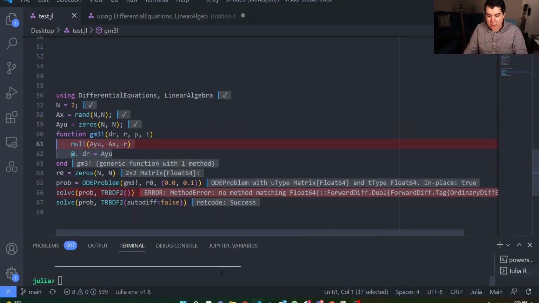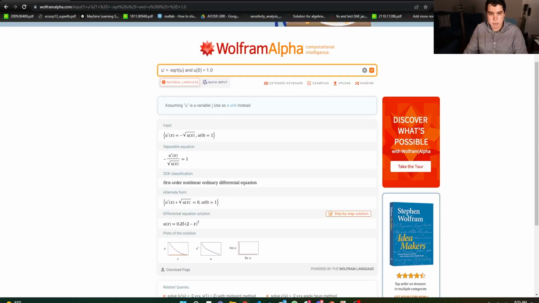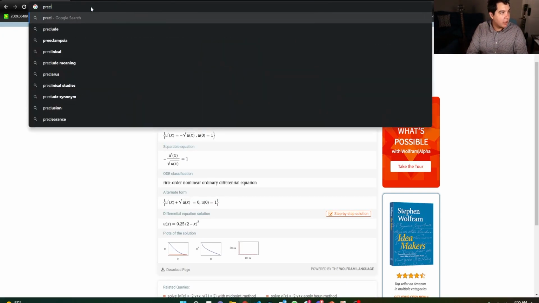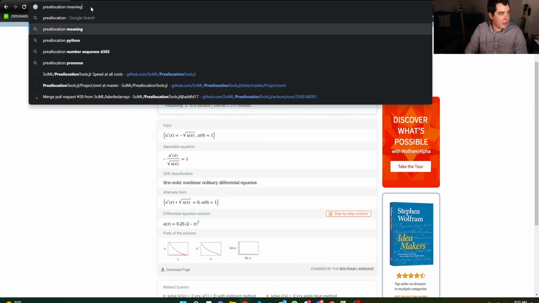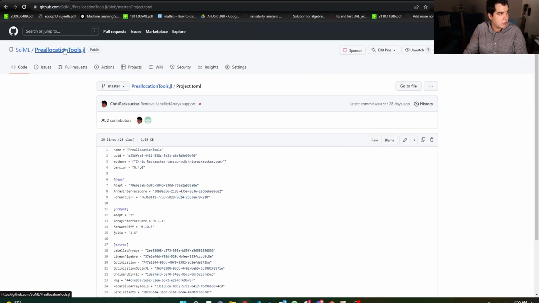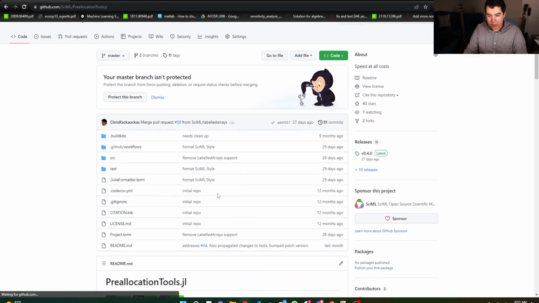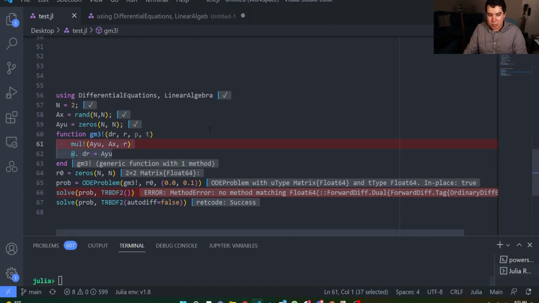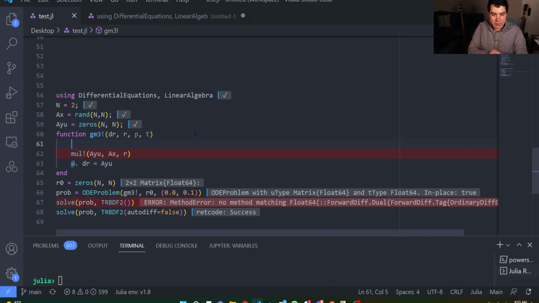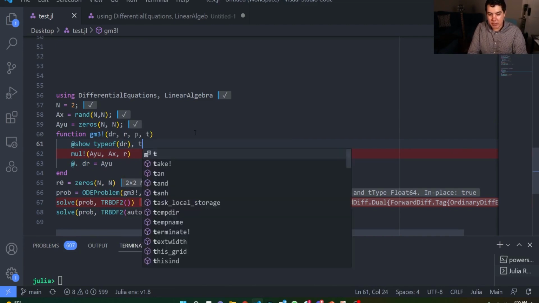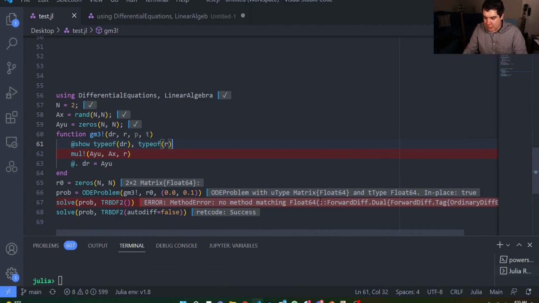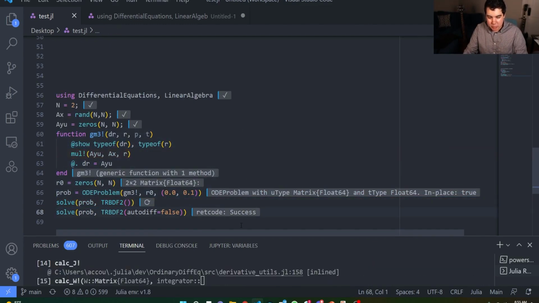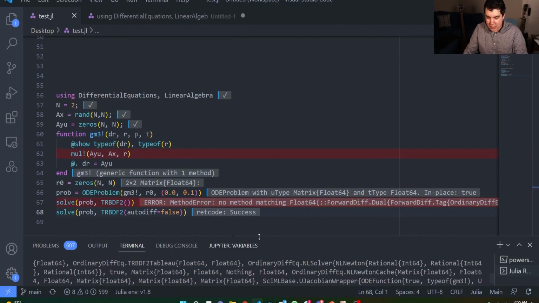And I'll tell you the answer because this is a common problem that people run into. The solution is something called PreallocationTools.jl, right? So what's going on here, and how does PreallocationTools become the solution? Well, the way to really investigate this is I would do @show typeof(dr), typeof(r), right? You know, it's saying that there's something to do with types in here. So let's actually look at what the types are. So when we run it, what we'll see is